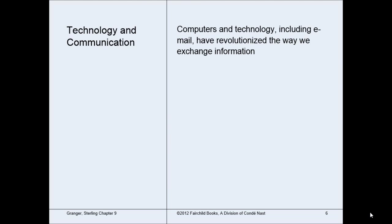Also, another note on communication is looking at technology and communication, because technology has changed the way we communicate with one another. We now have email and text, and to be effective communicators, we must think about what is being written and how it is being interpreted. And you also need to encourage feedback from the communication recipient. So for example, if I was sending an email to my employees telling them something I needed them to get done,